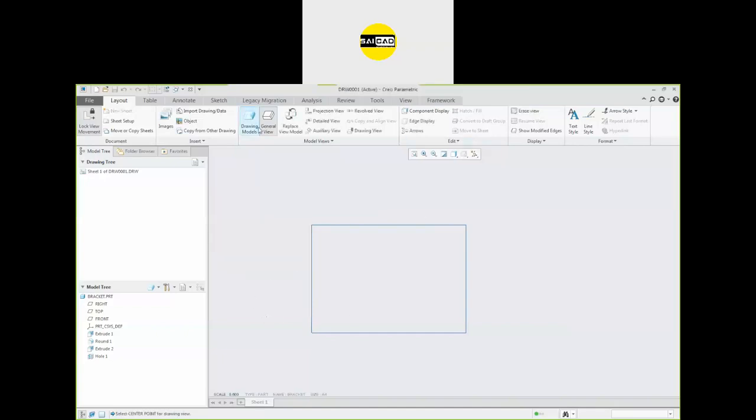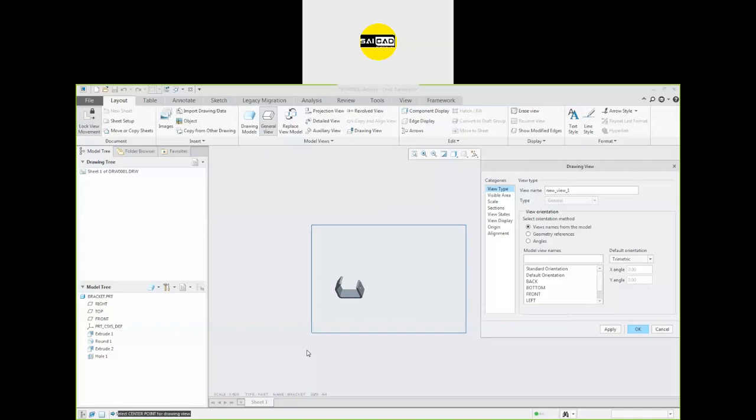Click OK, and now you can see that it is asking to select the center point for the drawing view, where you want to place your drawing. You can just click on that location. When you select the component, the sheet scale will adjust automatically. You can see down here the sheet scale is now 0.5. Because if you select the scale 1, the object will be bigger and we will not be able to place all the views inside the sheet. So it will adjust automatically according to the part you insert here.